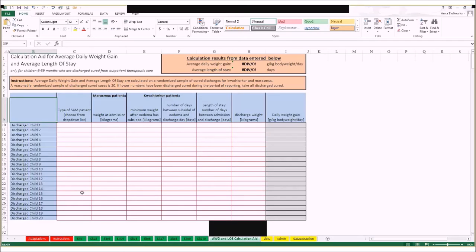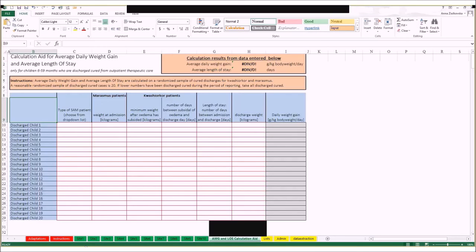For example, the standard practice is to take a sample of 30, or 20, in order to get the average weight gain or the average weight loss for a particular site. So it's just a tool to assist you to do those calculations